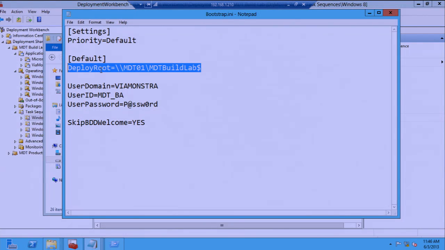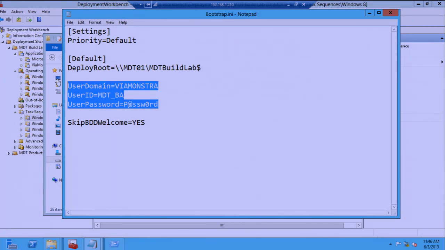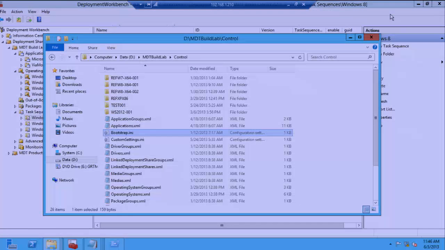So is this not a security risk, having passwords in clear text in an ini file? No. That ISO is only on my machine. If I want to protect stuff on my machine, I can do that through other means, like NTFS permissions on the folder I have it in. I do not need to worry about the content in this file because I'm the only one that has access to that file. So if I go back to my client,